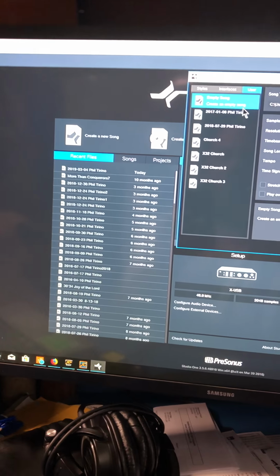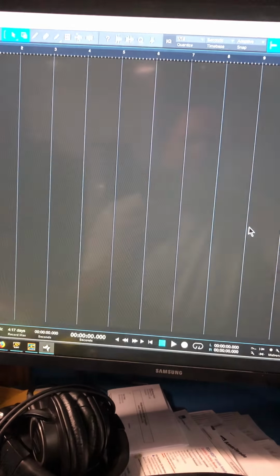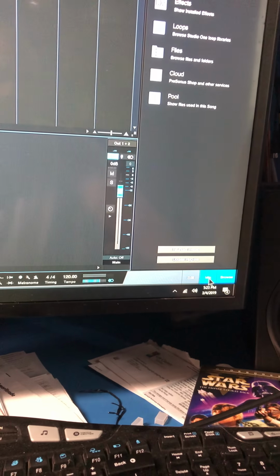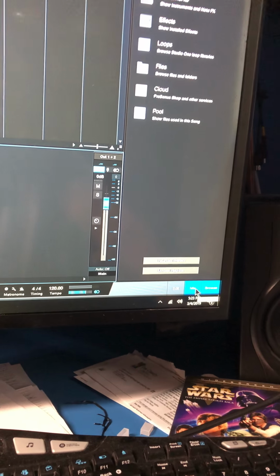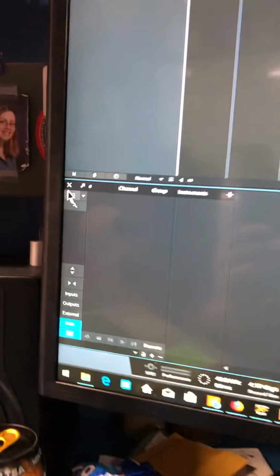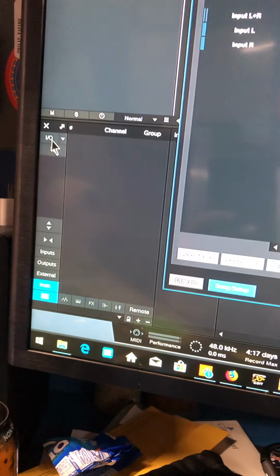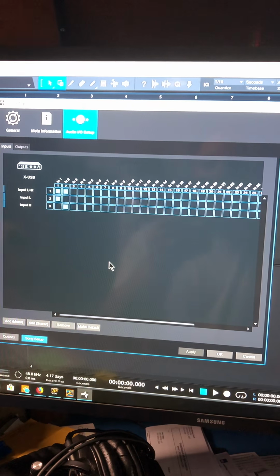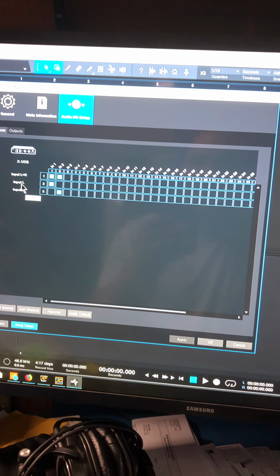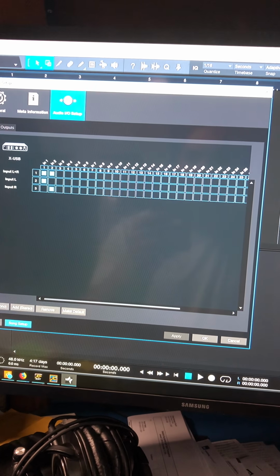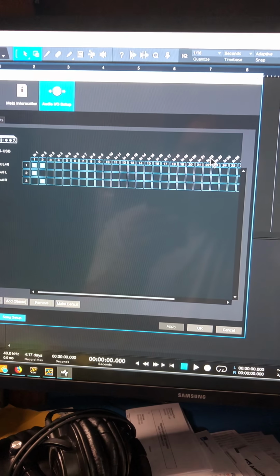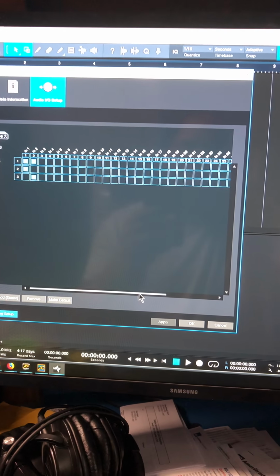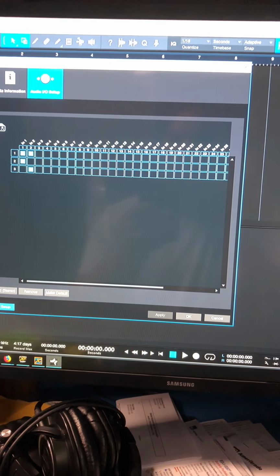We'll go create new song, empty song. This way you get to see how this is set up. I'm going to go down here to mix because I need to get at settings for input and output for the digital audio workstation. All right, and I find those over here in this corner. When I click on that, it brings up a screen like this. What I want to do at this point, you can see all the different inputs from the X-USB card. All right, there are 32 of them up here. What I want to do is I want to create